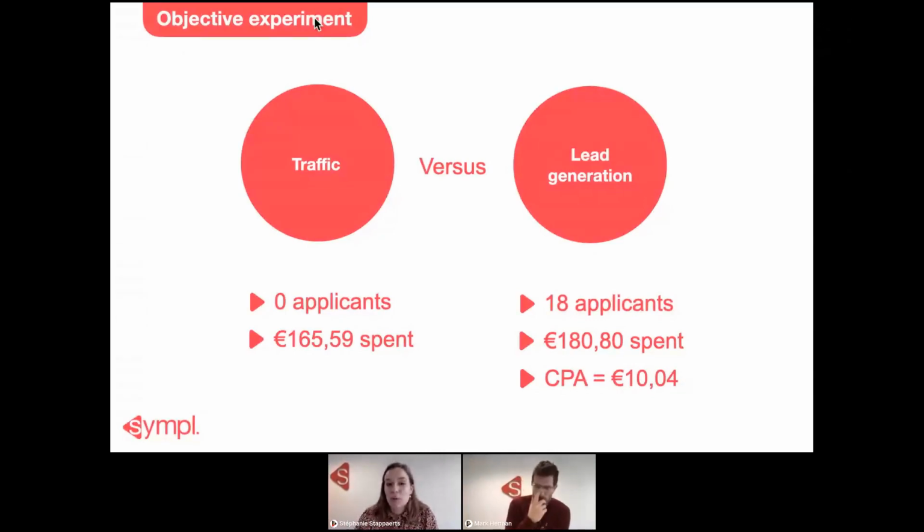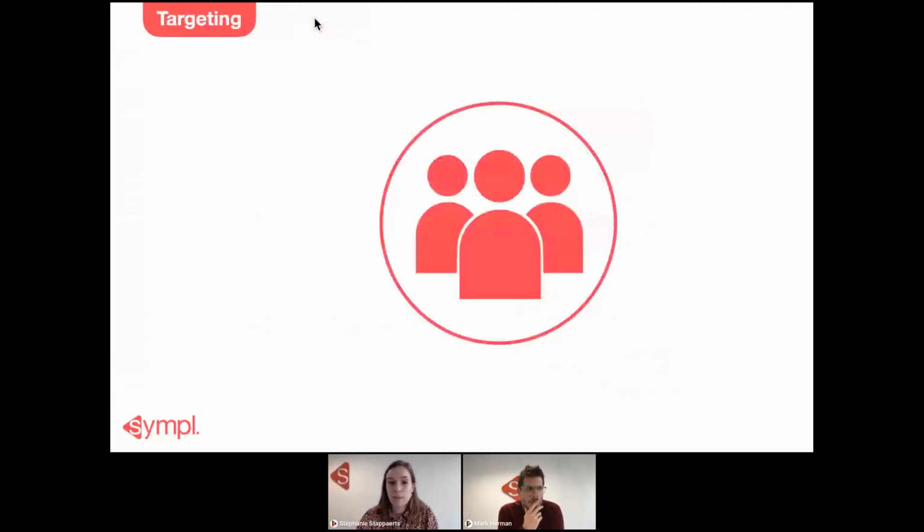So once you've defined your objective, you have to define your target audience. Let's go a bit more into detail about that. What can you actually choose concerning targeting in TikTok Ads Manager? The first one is demographics. You can target locations, but only country-based. So if you're looking for someone in, let's say, London, then you have to target the whole of the UK. It's a bit of a pity. I'm sure they're still working on that, or I hope so.